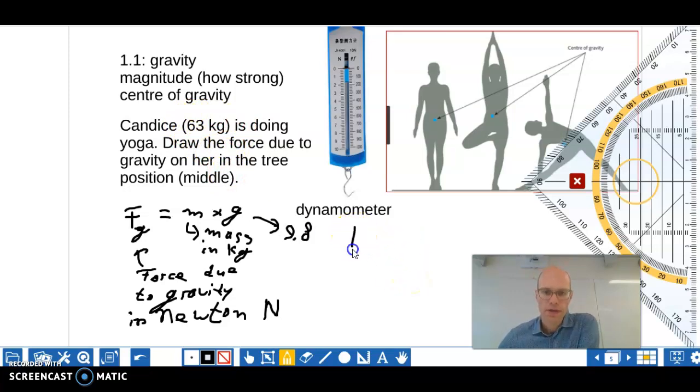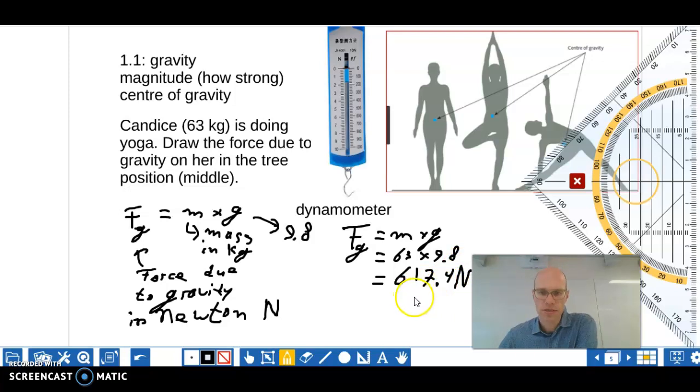So then we have that the force of gravity is equal to the mass multiplied by g, that is equal to 63 multiplied by 9.8, and that is equal to, grab your calculator, 617.4, and then we need a unit, and the unit is newtons. So roughly 600 newtons,